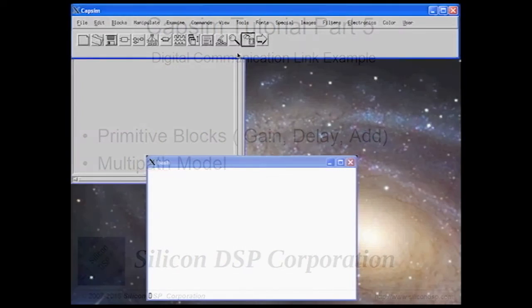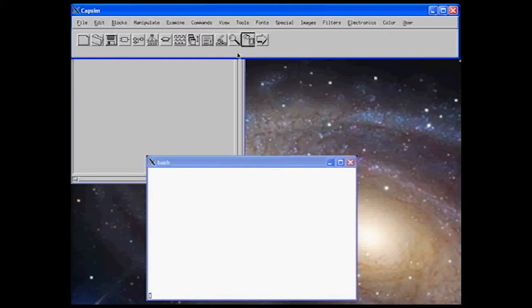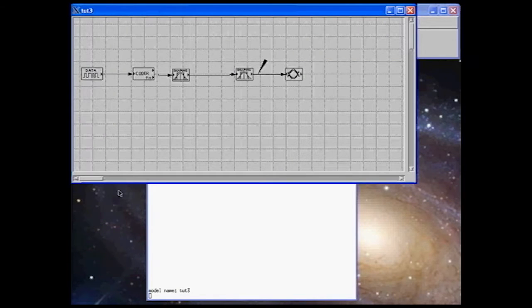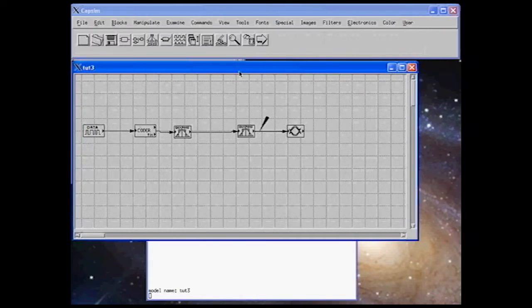In this part of the tutorial we're going to model a multipath channel and also re-add the add noise block in order to model noise, and by increasing the noise variance we're simulating decreasing signal to noise ratio. So let's open up tutorial number 3 as we had before, and what we're going to do